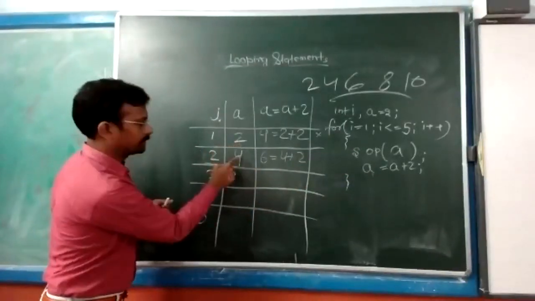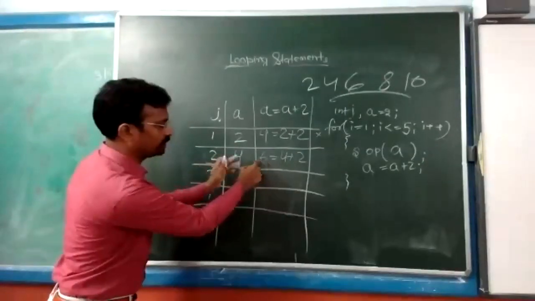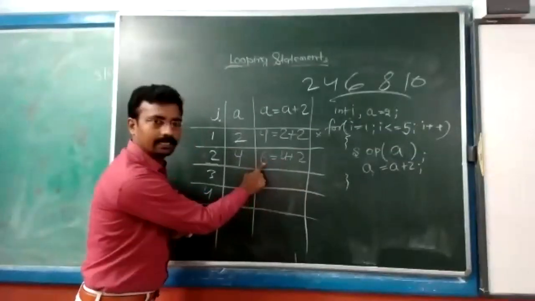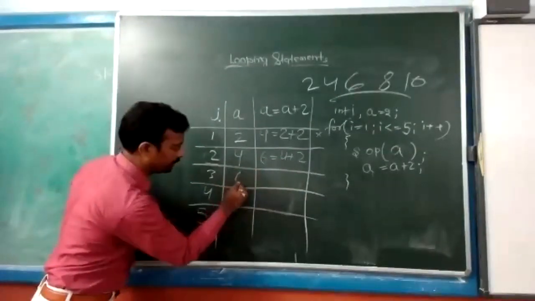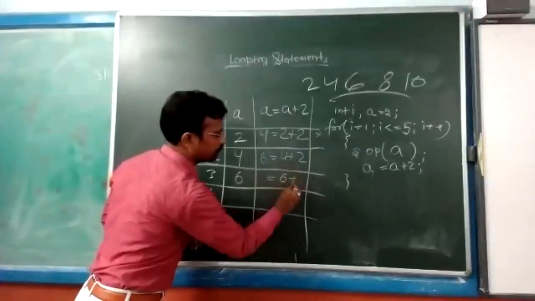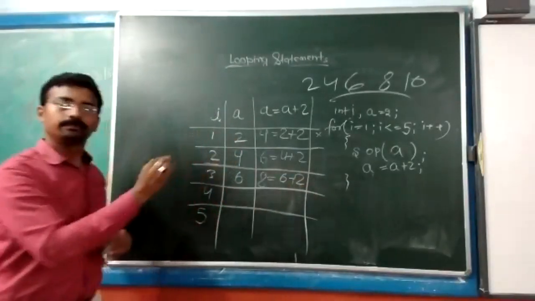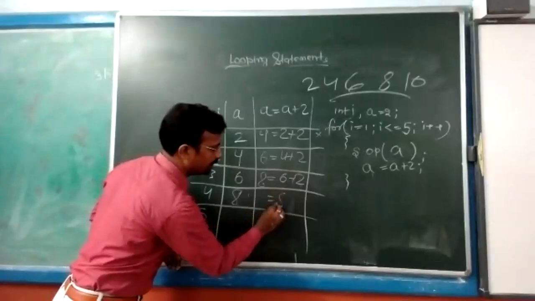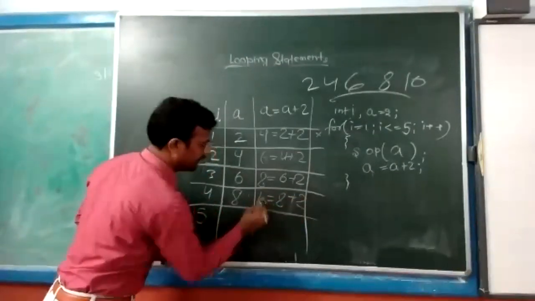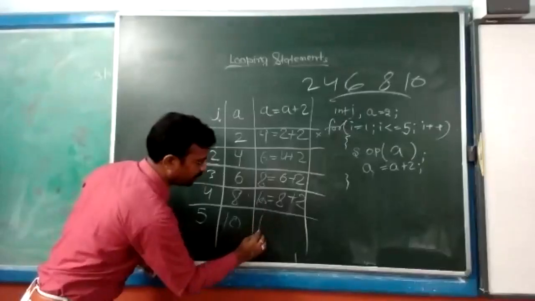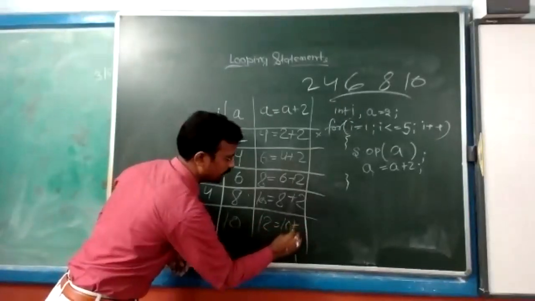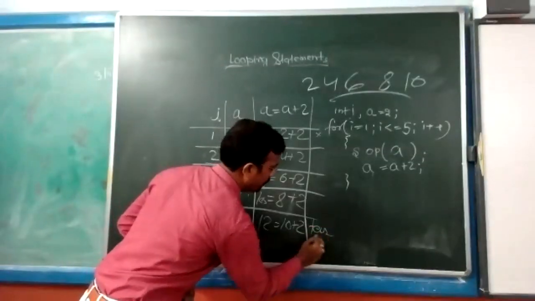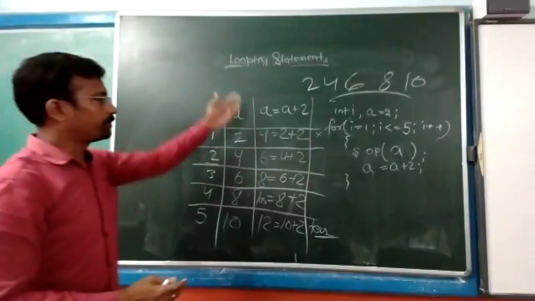First value of A, second value of A. Now this is the third value of A. Just after that, this will be updated. 4 plus 2, now it is getting 6. This 6 is called here the third time, and after this, 6 plus 2 is added as a new value. Then this 8 is coming here as a fourth value, and it will be updated by 2, 10. And last time this will be 10 and this will be 12 by adding 2 in 10. This will be the termination of the block. So this way our program is working.